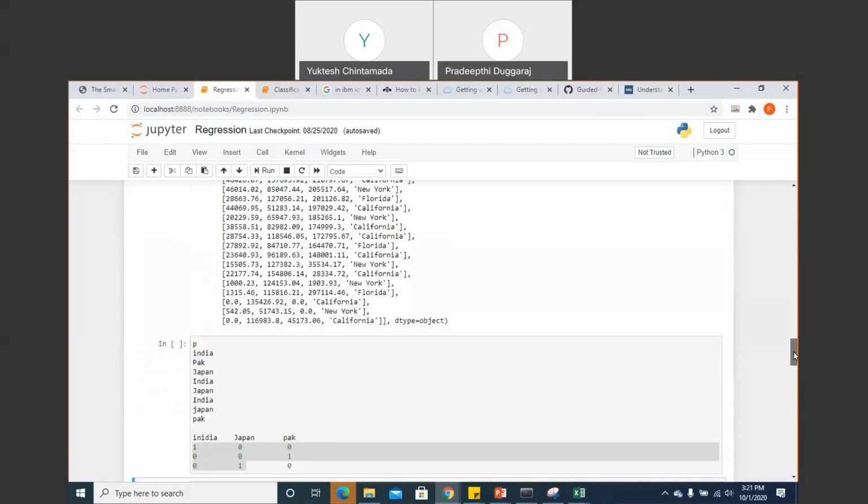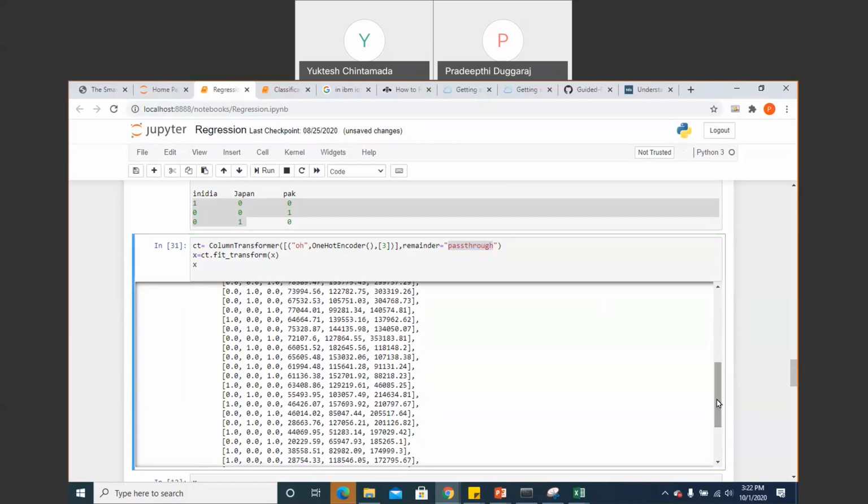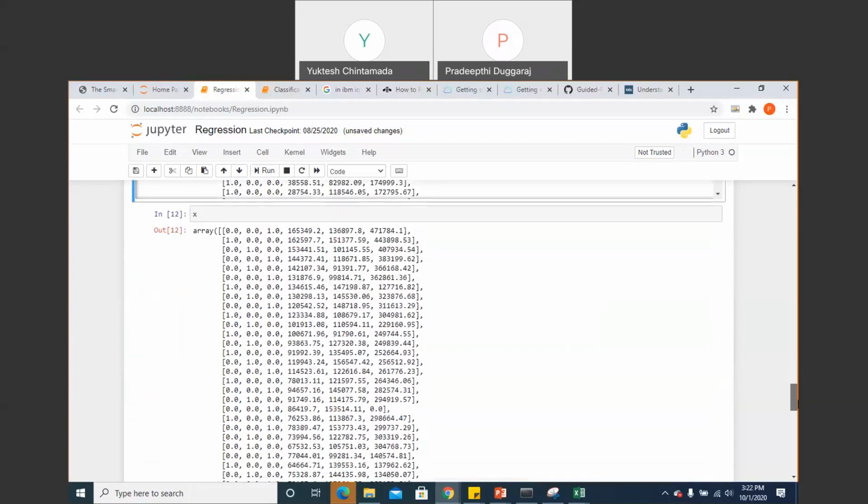This is what happens with the help of the code: CT is equal to column transformer, and remainder passthrough is nothing but please do it for the rest of the columns if there are any other textual columns. You can have drop or passthrough. Drop means delete the text columns. Passthrough means check for the other textual columns. So this is what one hot encoding and column transform is. So now the data got converted into binary format,